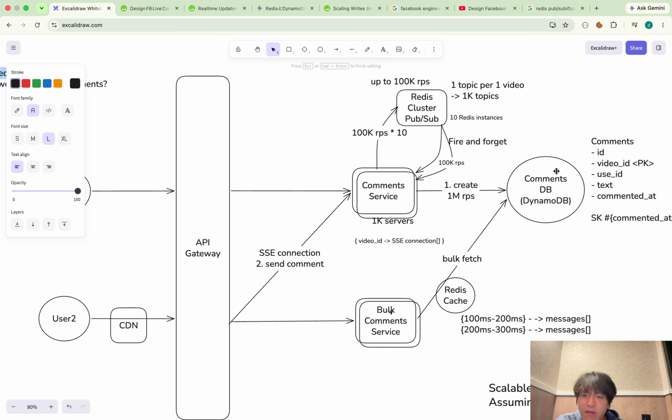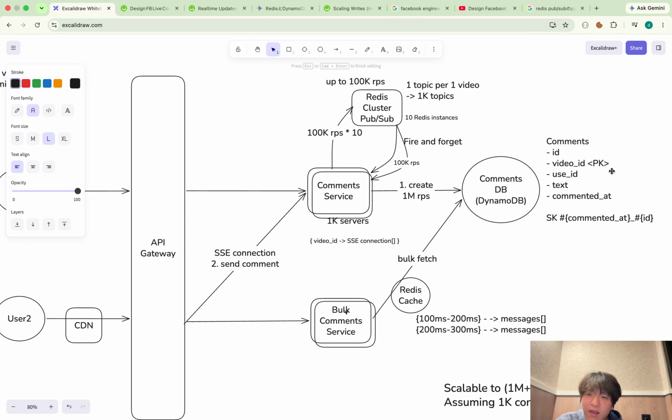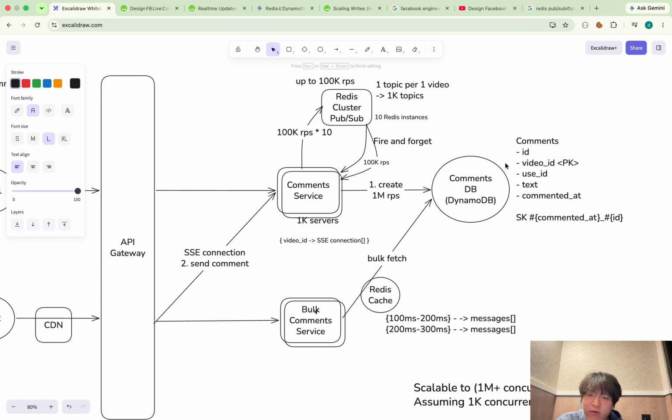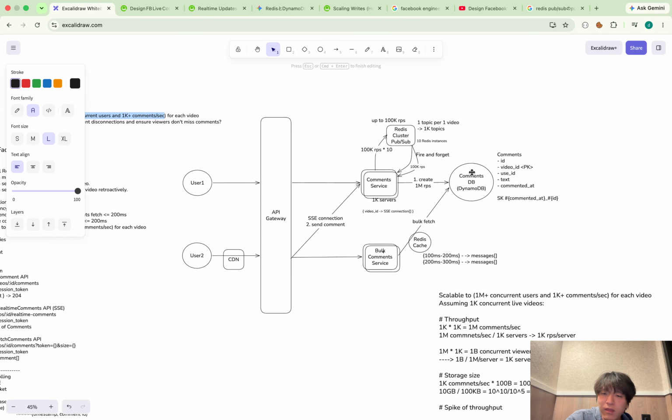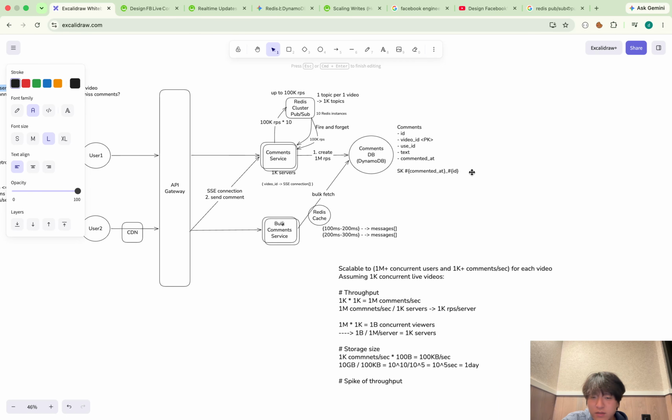And the same thing can be said for DynamoDB. If there is one video which has so many comments, only that partition becomes a problem. I can say this is a hot partition, completely the same way as Redis cluster. So I'd like to quickly talk about those.